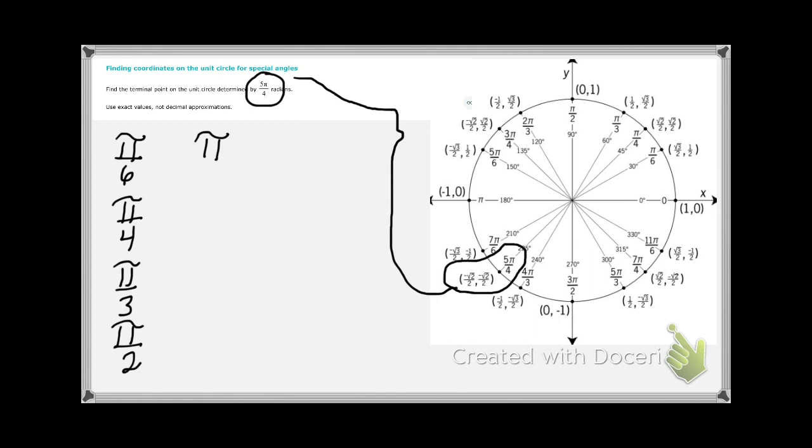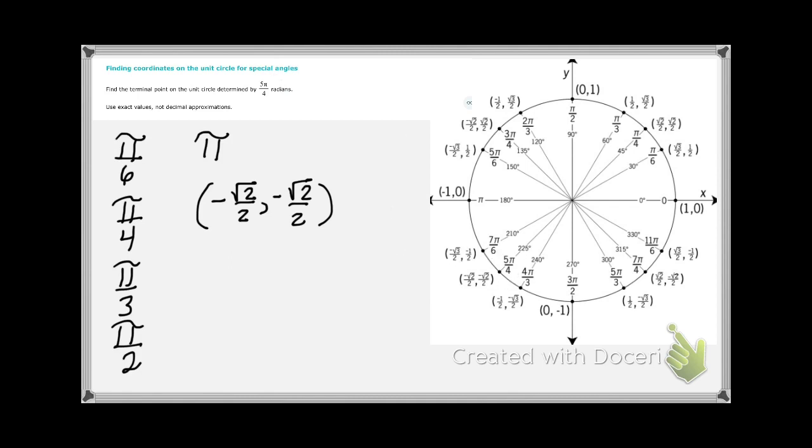And then I'm just being asked for that associated point. The associated point there is negative radical 2 over 2, negative radical 2 over 2. That's simply the x and y coordinate of that point. Pretty simple. Let's just take a look at another example, and then we'll look a little bit at where the